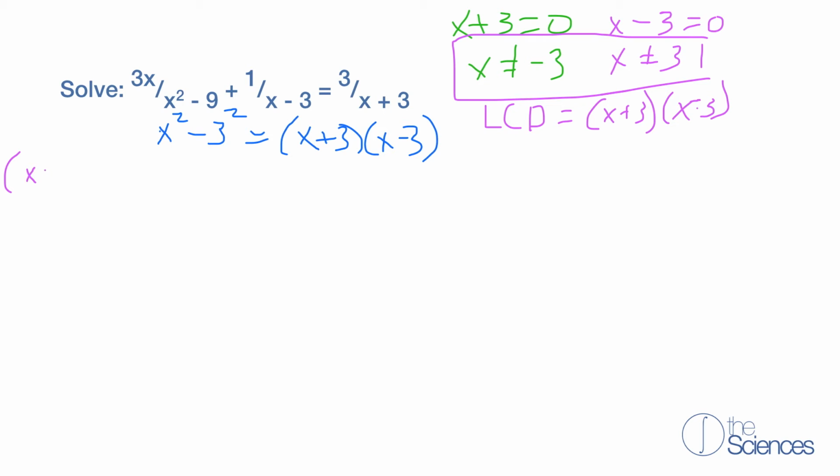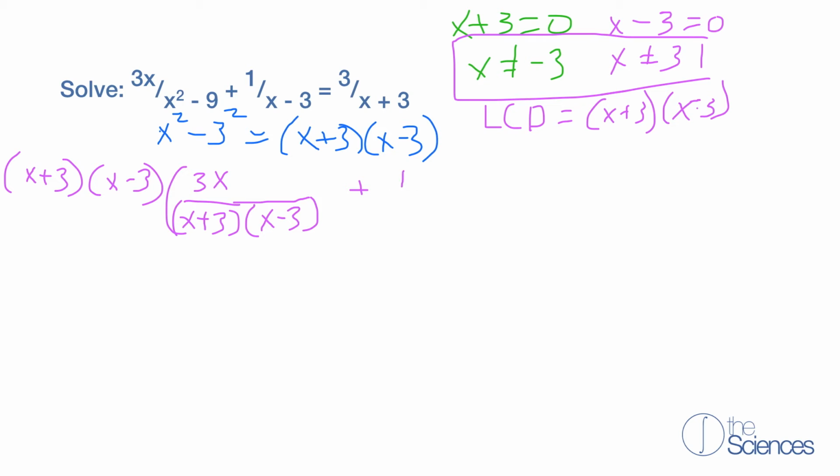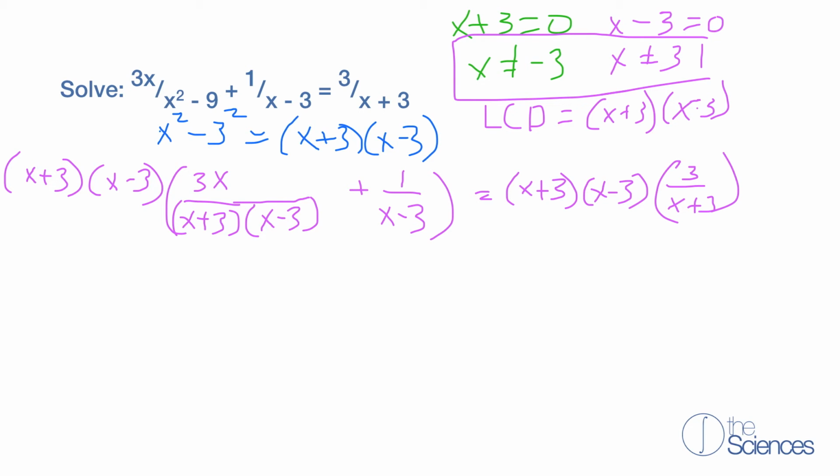So here we have x plus 3 times x minus 3 times 3x over x plus 3 times x minus 3 plus 1 over x minus 3 equals, we're going to multiply both sides, so x plus 3 times x minus 3 times 3 over x plus 3. So now we're going to distribute to each term. And when we do that, we get